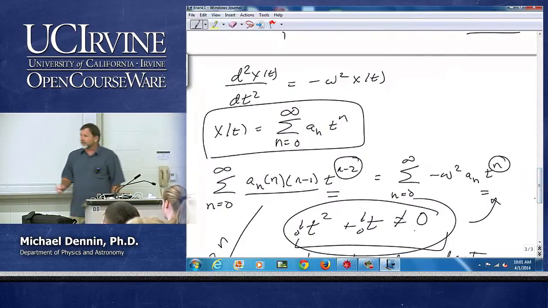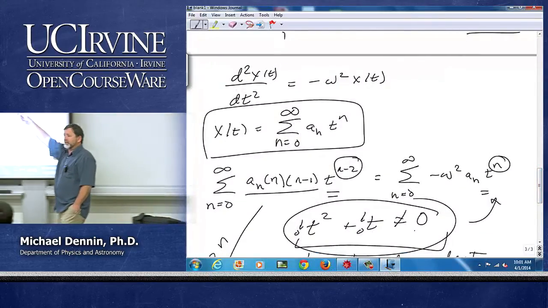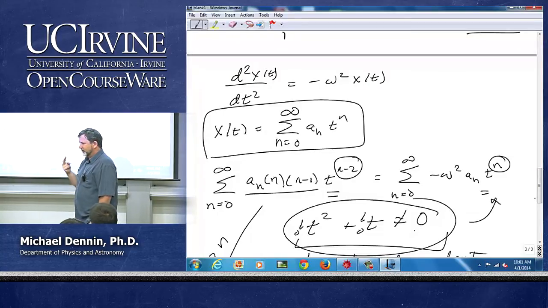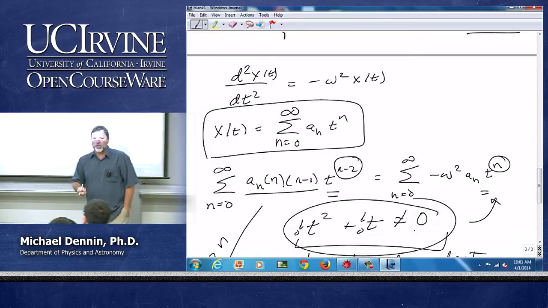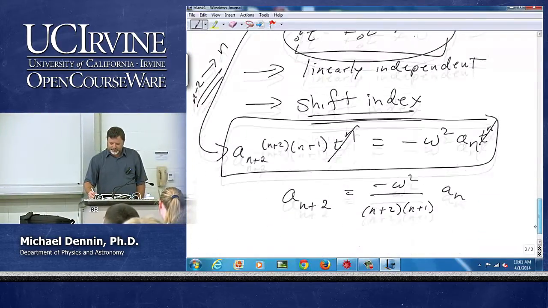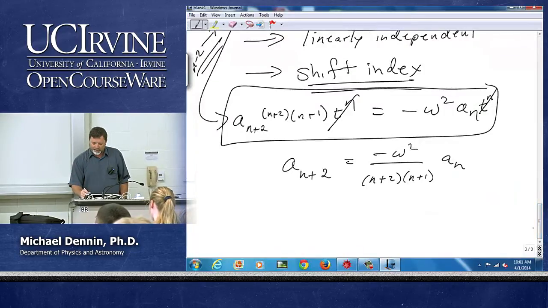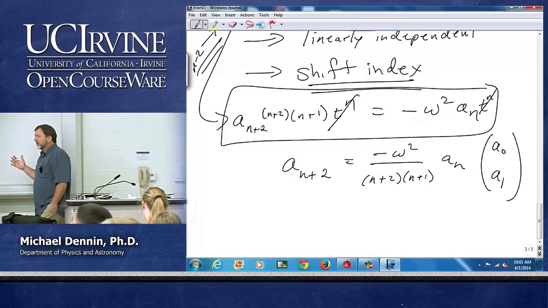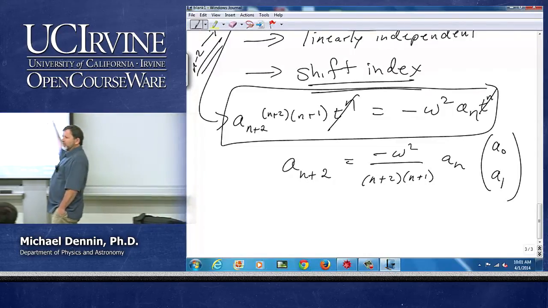I started with what type of differential equation? How many derivatives? 2. So how many times do I integrate to solve it? 2. So how many constants of integration do I have? 2. So how many unknown constants do I have in my power series here? 2, right? A0 and A1. I mean, I can pick others, but basically A0 and A1 are free parameters, and